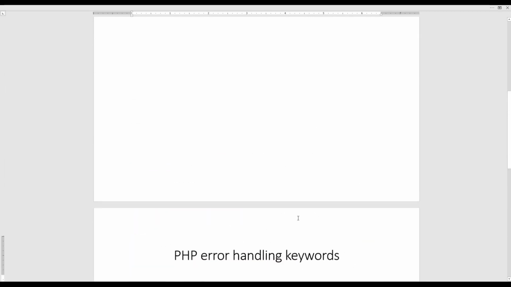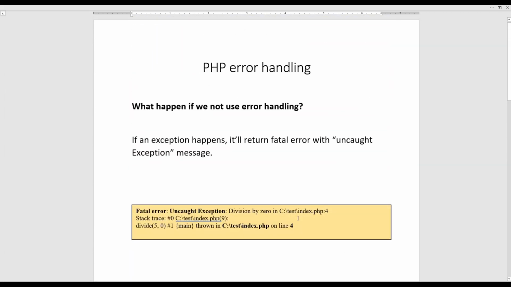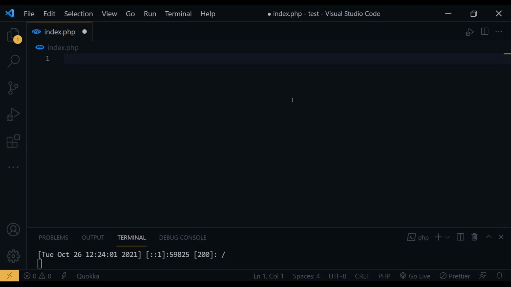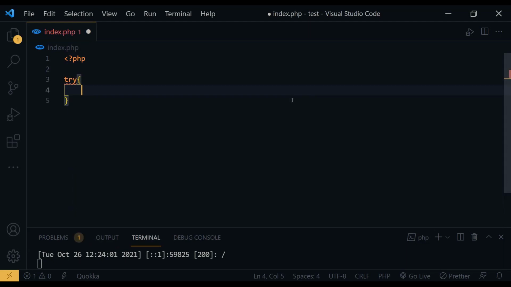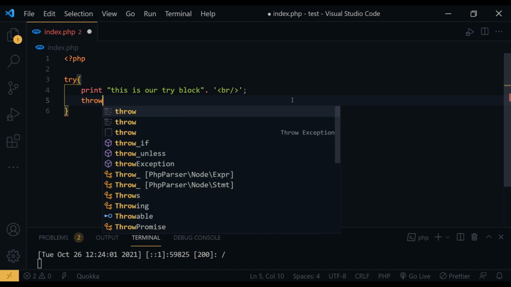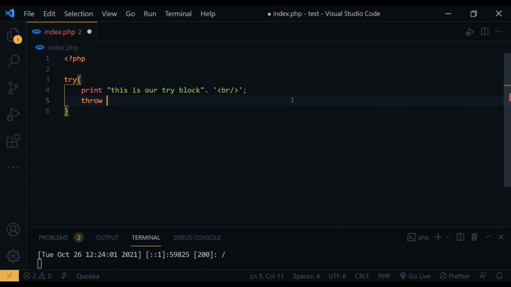Let's jump into the code example to understand this more. Okay, I will create a PHP exception. PHP try. Within try, I will print, okay, this is our try block. And also I will add the br tag. Okay, and let's say we need to throw an error, because we need to shift this to the catch block. That means we need to throw an error, then it will switch to the catch block. Throw new